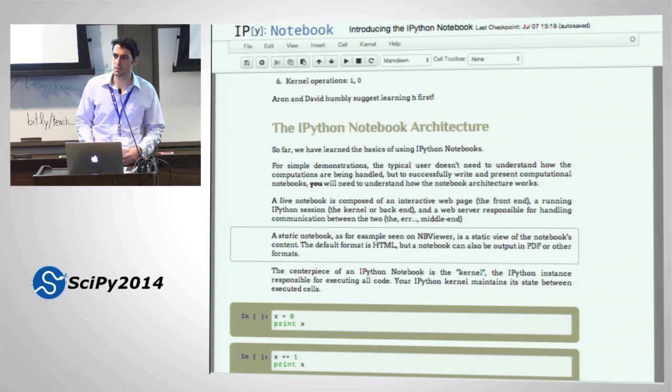Okay. Now I'm going to talk about the back end. It's called the back end because it's not the thing that you see. You see the front end. And the back end is what we would call an IPython kernel, typically. So if somebody says the back end, if they're talking about the kernel, if they're talking about an engine, they're usually talking about the same thing.